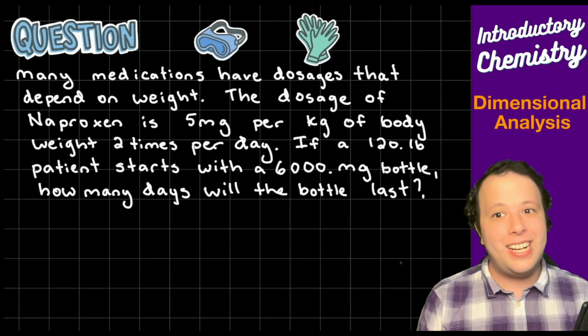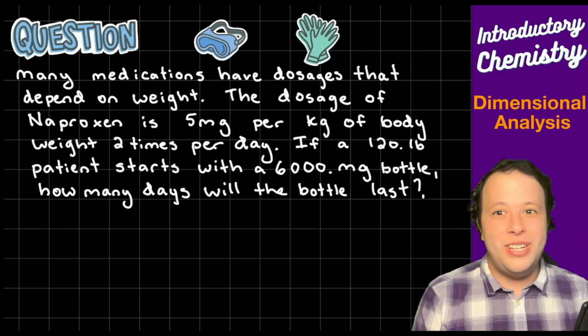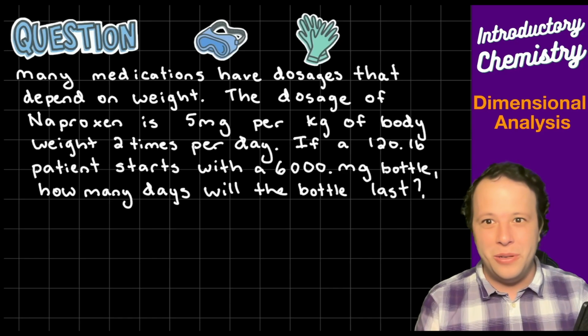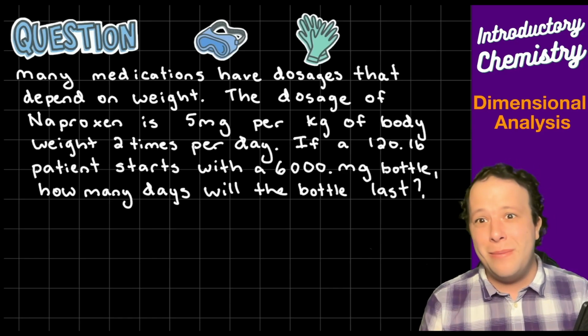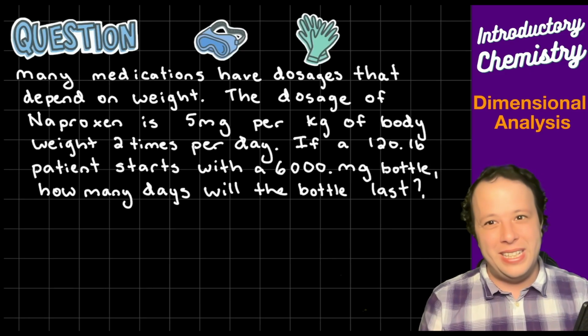All right, our second example, this is for all the health scientists out there. Dosages and medicine is a common thing that you will have to calculate on the go, potentially in your future career. So even if you're not, and you just want to pass the class, we still have to be able to read these problems.